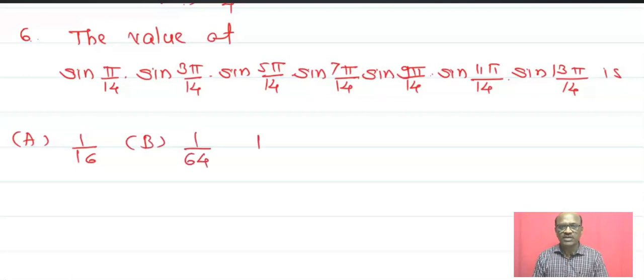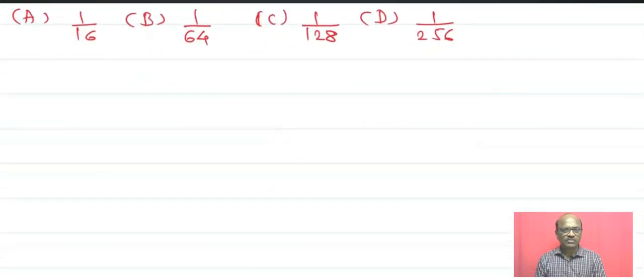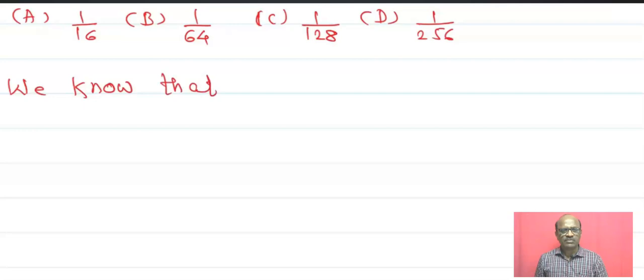Second option is 1 upon 64. Third option is 1 upon 128. Fourth option is 1 upon 256. Now we know that